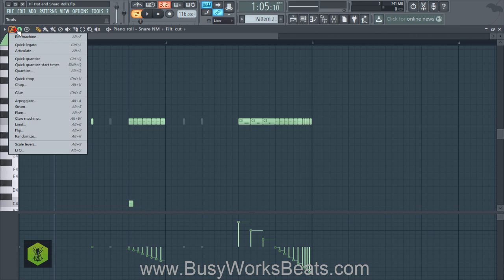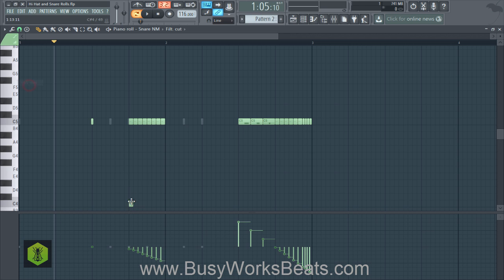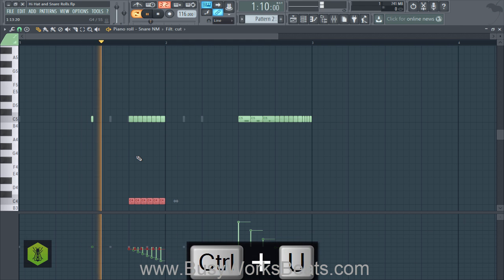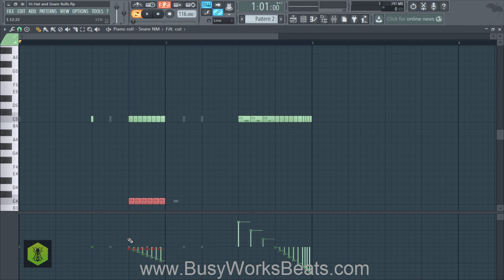Now also what I want to do is change my snap to grid to a half step, drag this out. I'm going to give this section a different rhythm than the section up here. So this is chopped into half steps. Let's chop this into thirds. Let's actually chop it into 6 beats. So I'm going to hit Control U. Okay, so you get a really weird combination, and I think this is going to expand your creativity a lot.